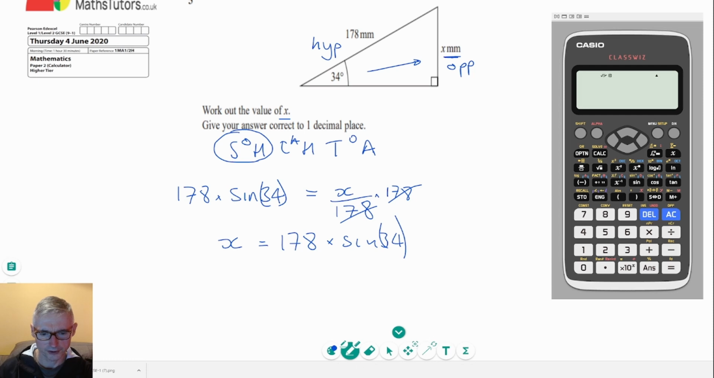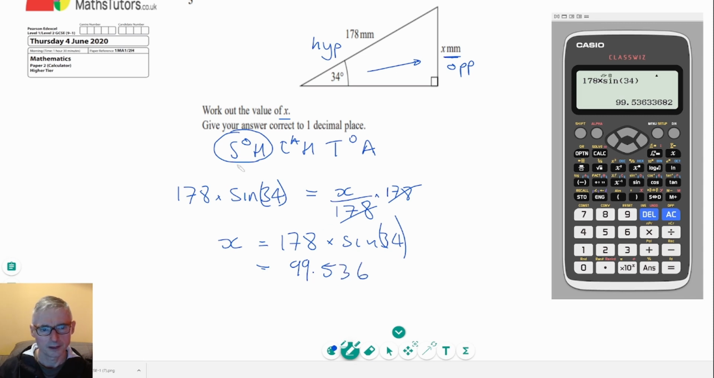And so for this, I'm going to use my calculator, and I need to make sure that we're in the right mode for the angle. So we'll know that because there'll be a D on there to represent degrees. And so I can put that in, 178 times sine 34. Just close the bracket, and I'll get there 99.536, just writing it to a few decimal places,